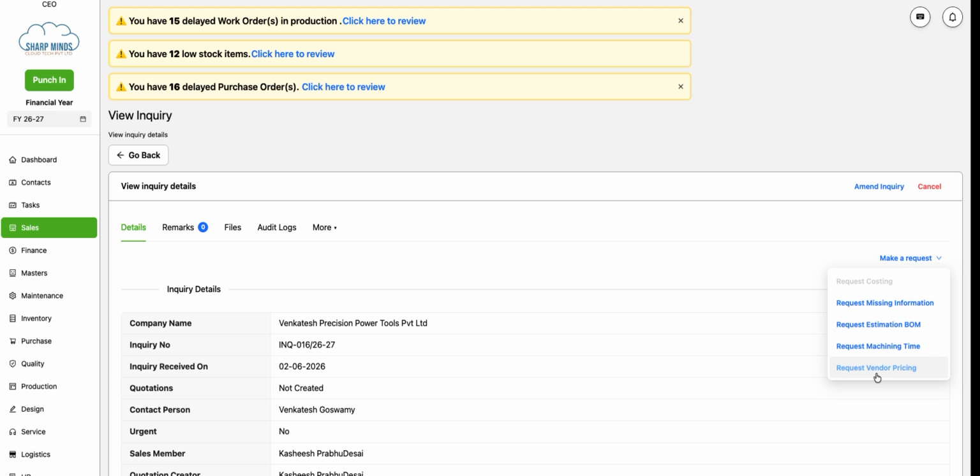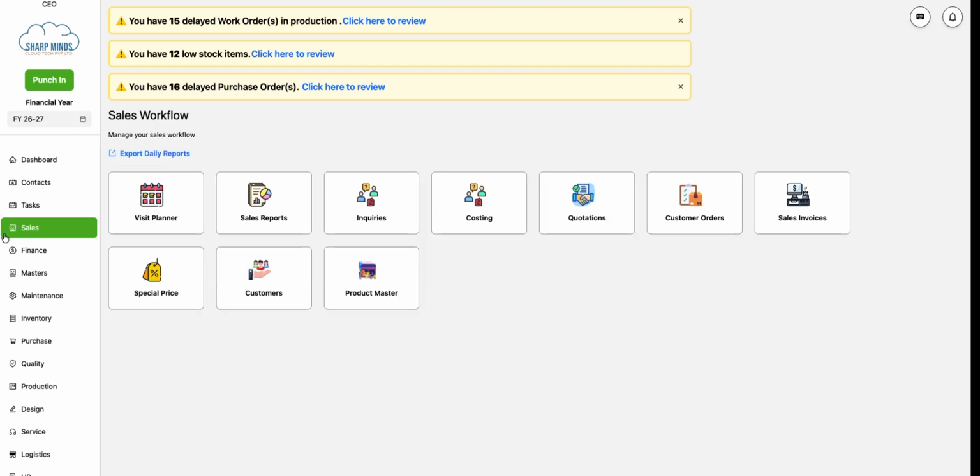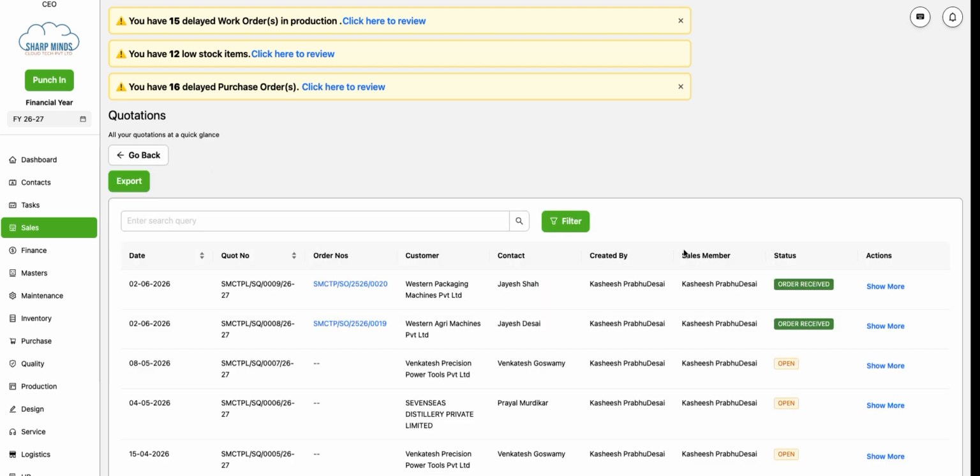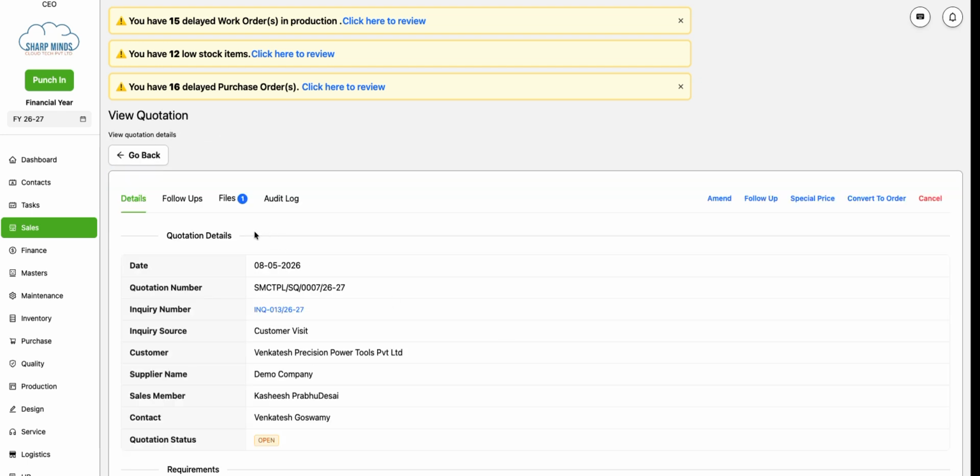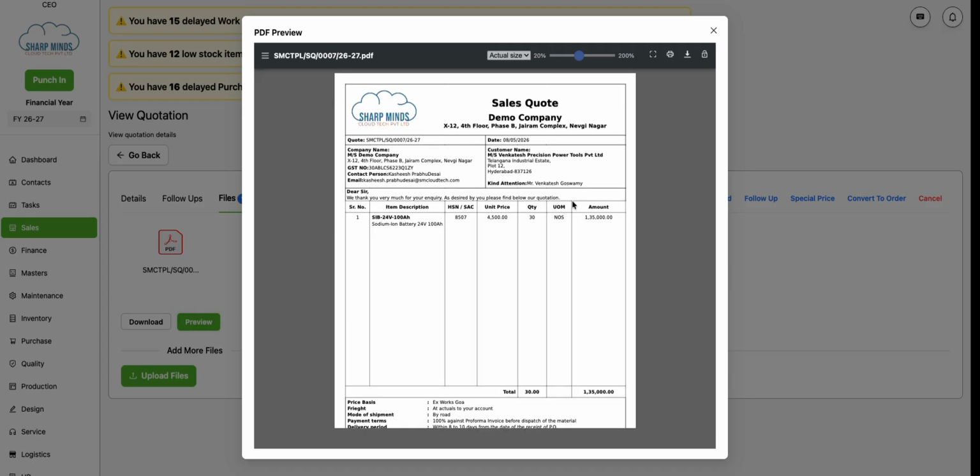This will connect the sales department with the purchase department. You will ask the purchase head to get the best price possible. Once this is done, the quotation is created. When the quotation is created, a PDF file will be generated. For you to send the PDF file to the customer,